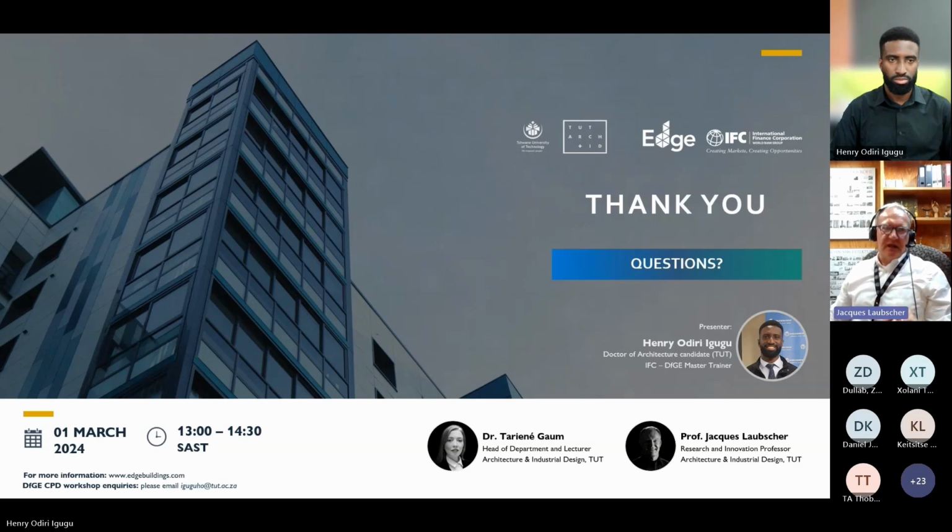Resource efficiency is necessary within the built environment, and this is a real-world tool in which you can compare while designing to get a significant outcome in the final consumption of your building. We're really looking forward to presenting the course, and as Henry had mentioned, this course emanates from the World Bank and also the International Finance Corporation.